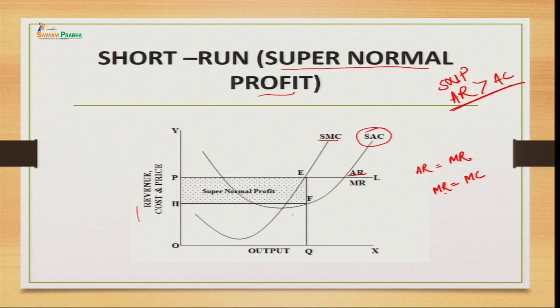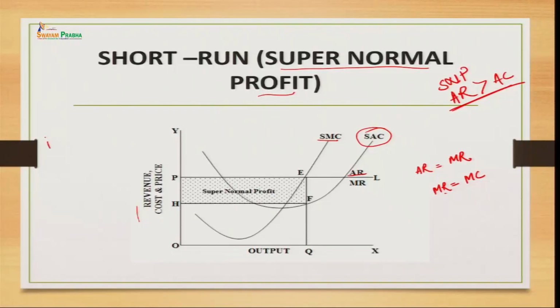So, we have seen that this is our average cost curve, and we have also seen that the average cost curve is always U shaped. This we have already discussed, and it is the cost which comes from the average fixed cost and average variable cost. If you remember, average cost is equal to the average fixed cost of the company plus the average variable cost, and it will always be U shaped. And why it is U shaped, that relationship we have also studied, because average fixed cost always decreases as we increase the size of our output. Our average fixed cost curve will always decline, and it is the shape of a rectangular hyperbola. Why?